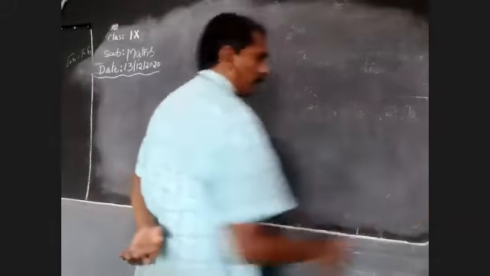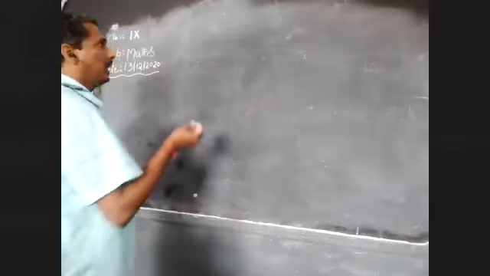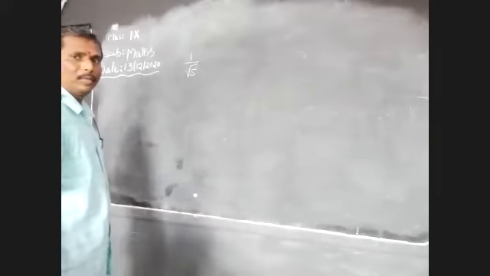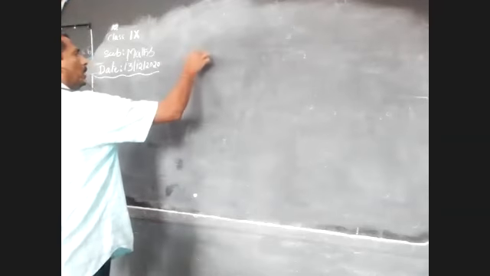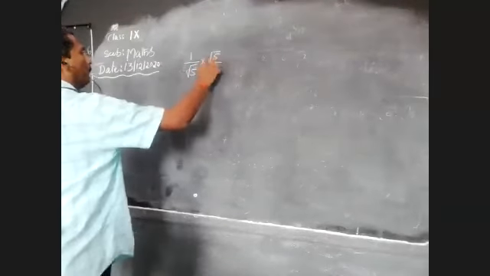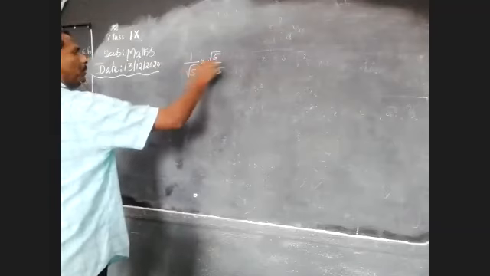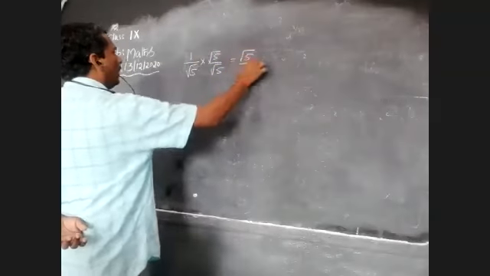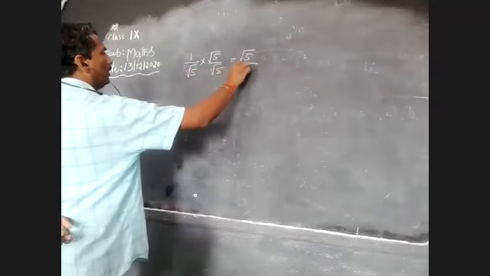So same also. Suppose it is given: rationalize the denominator. Already we have discussed it in the previous class. Suppose it is 1 by root 5. What is rationalizing the denominator? It means in both numerator and denominator we multiply and divide with root 5. 1 into root 5 is root 5. Root 5 into root 5 is 5.